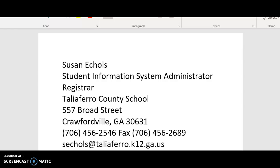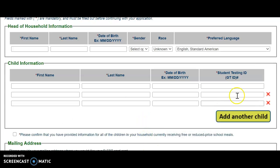Now, I do believe that that is all. Again, if you have any questions about your next steps, how to get the GTID number, do not hesitate to contact the school. My email address is